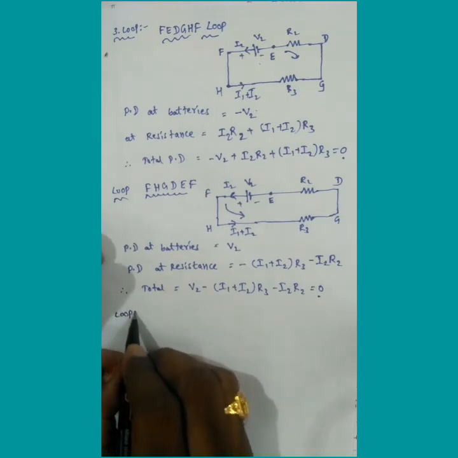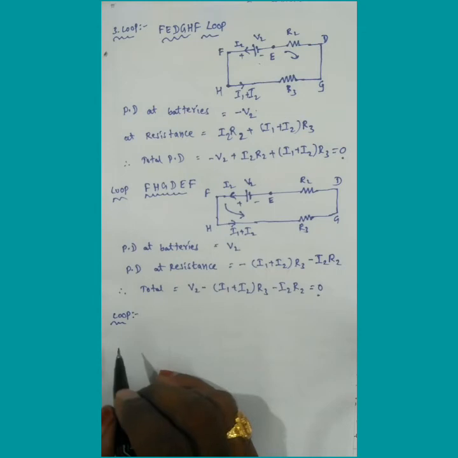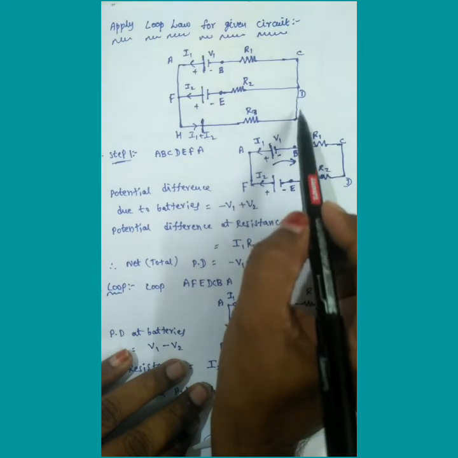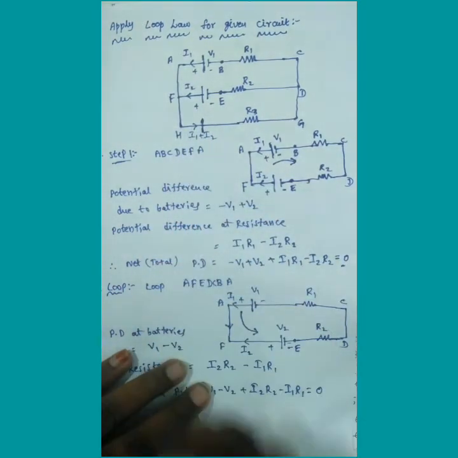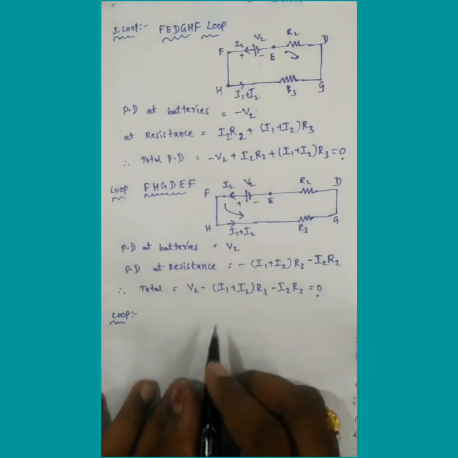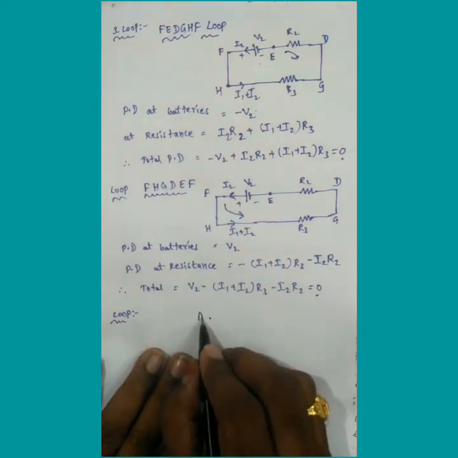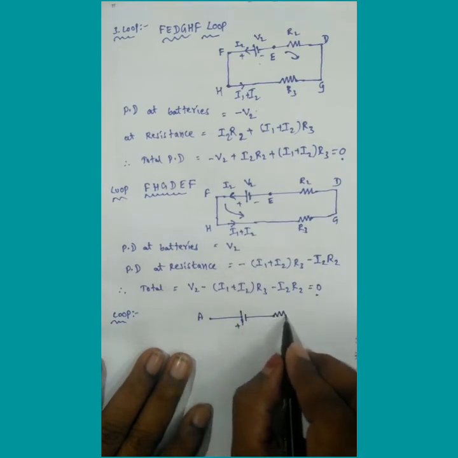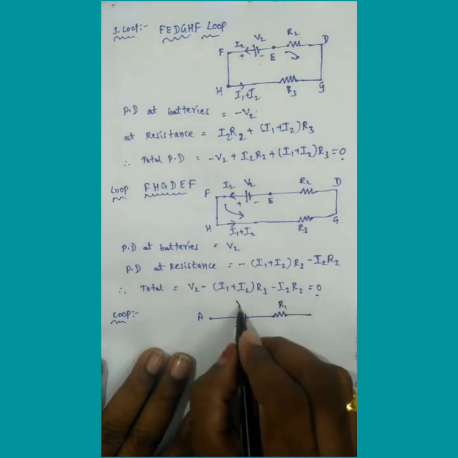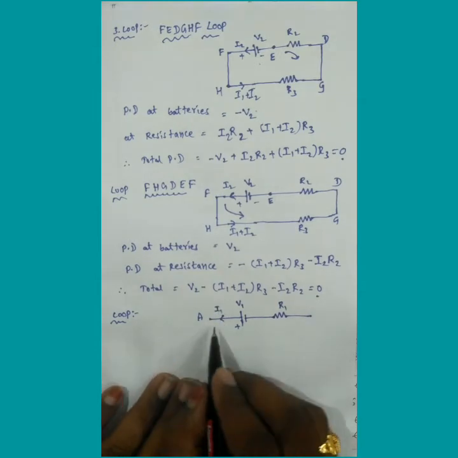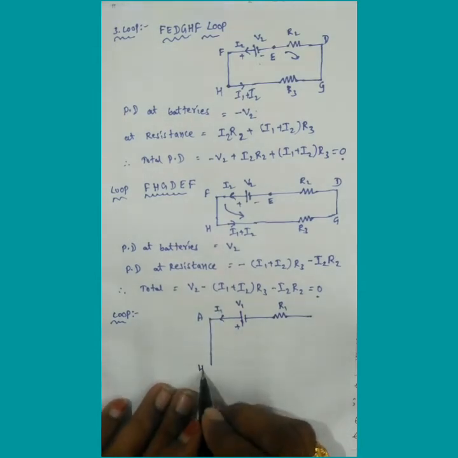Next, the loop we are taking is a big loop. That means A, C, D, G, H, F, A. We can take it from anywhere, but here what we should remember is that the sign convention is very important. So I would like to draw that. This is the terminal A, positive terminal, negative terminal, the first resistor, that means R1. This is the first battery. The potential difference is V1 and the current flowing is I1, and this is the point, that means the big loop,